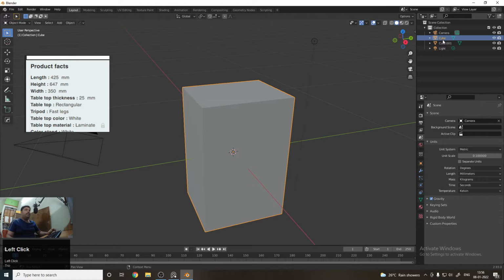One was our main cube and the second was our duplicated cube. If you want to rename these two cubes, we can also do that. Just double click on the name of that cube and now you can easily type the name, like I am typing dimensions. You can see that in this manner you can easily rename in Blender.